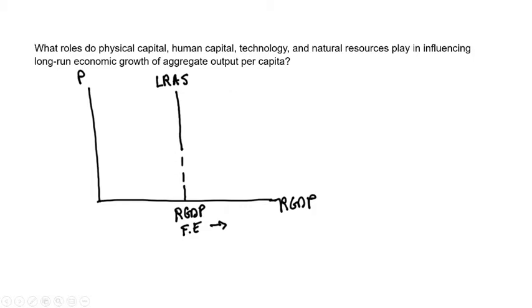Before I do that, I want to remind you our resources. So what are the resources? Resources we use in production are natural resources, labor, and capital. And as we remember, production is a function of our resources. These are our inputs,